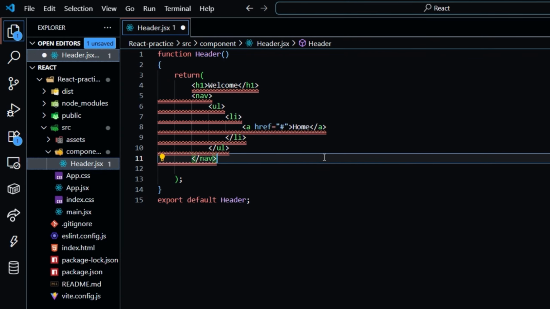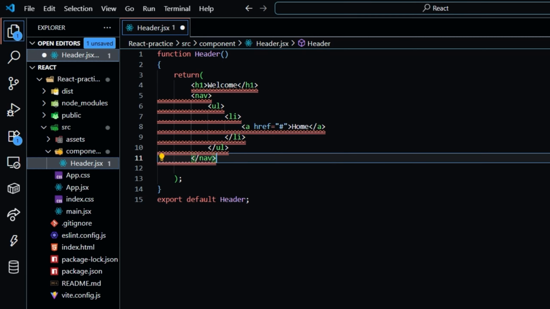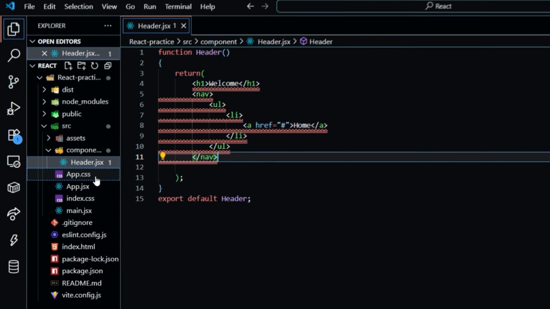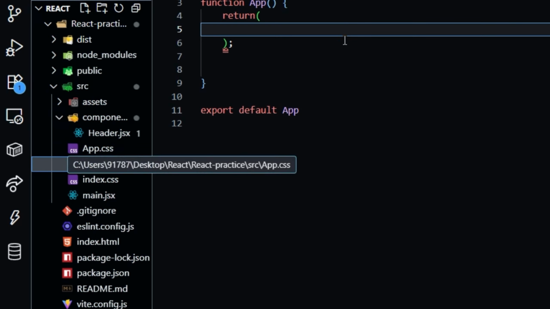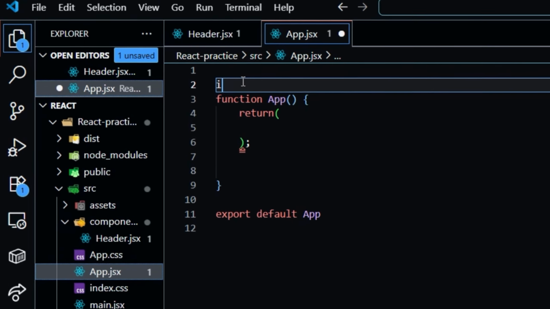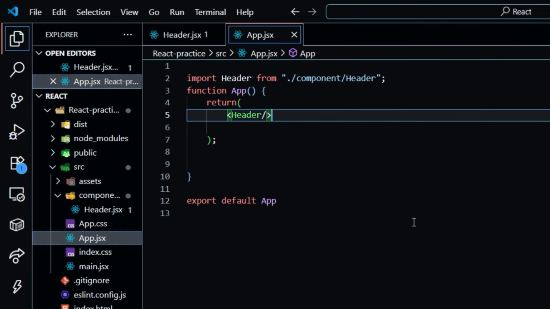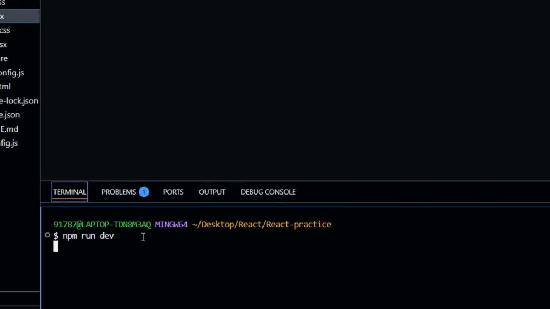You can already see the red lines. Press save, and now import this component in our main app, that is app.jsx. So we have to import the header component here. Now if I press save and run my server,